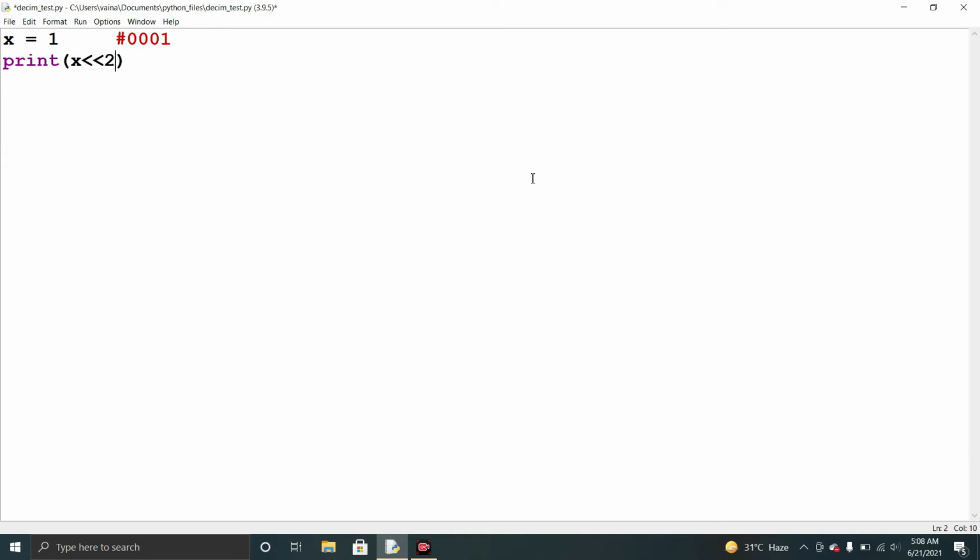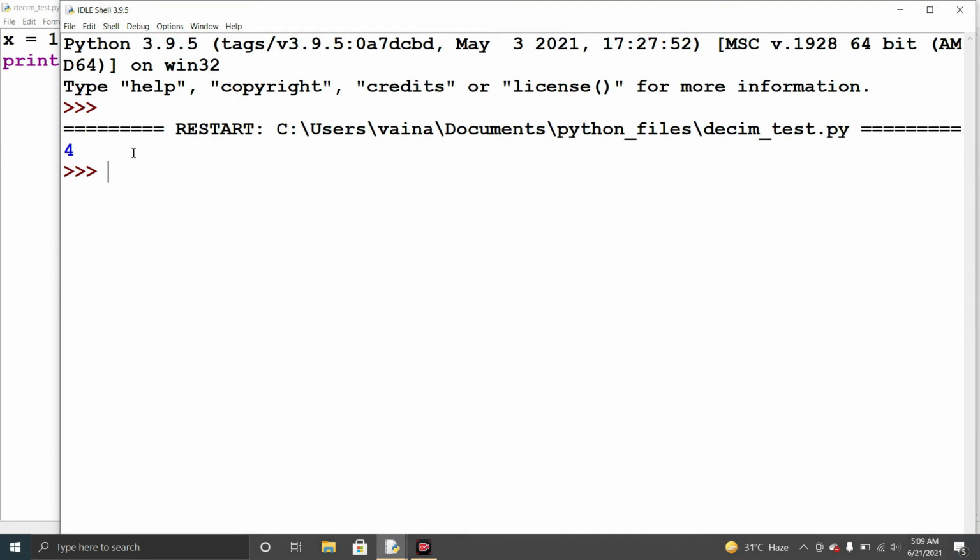Here we had 0001 as the input, and if we left shift 2 times we get 0100. The value of 0100 is 4. So when we run this we get the output 4.